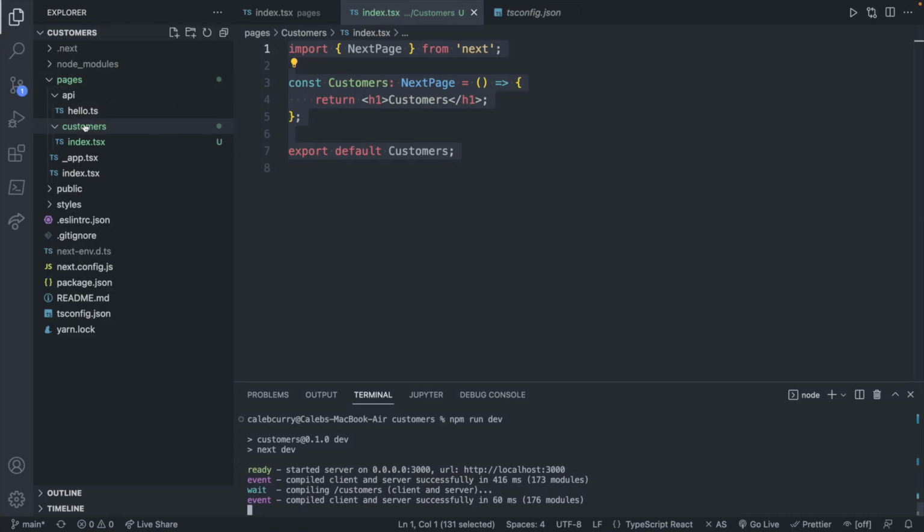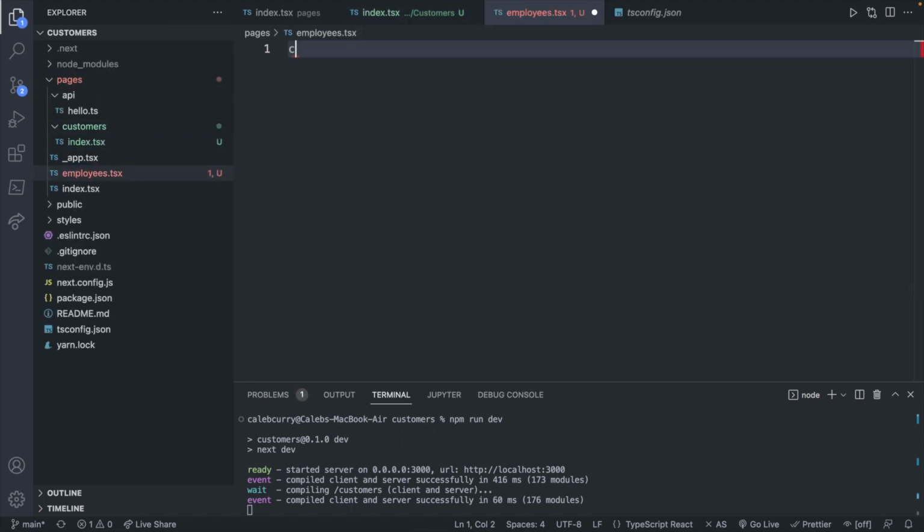Now hopefully my little lecture about capitalization wasn't too distracting, because now I want to move on and show you an alternative way of setting up files to associate them with certain paths on our web page. So right now this is a folder structure, which you can see here, but an alternative setup is to create a file directly in Pages. As an example, we will do employees and give this a TSX extension, and inside of here we will define a component, so const